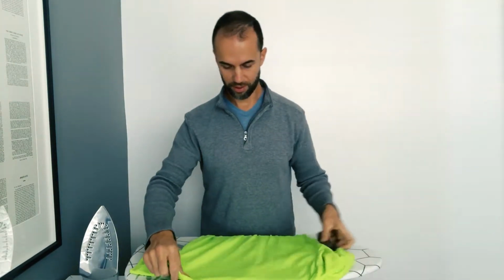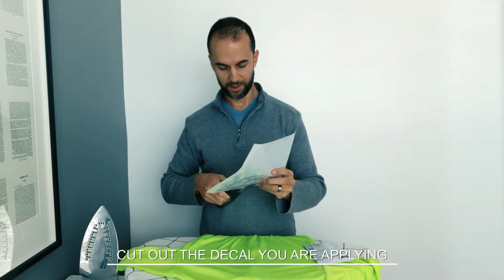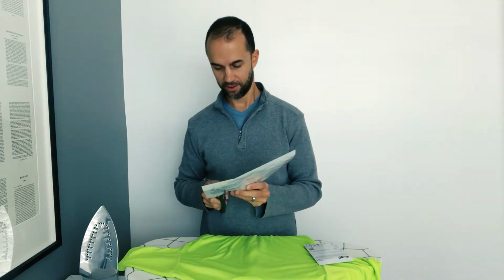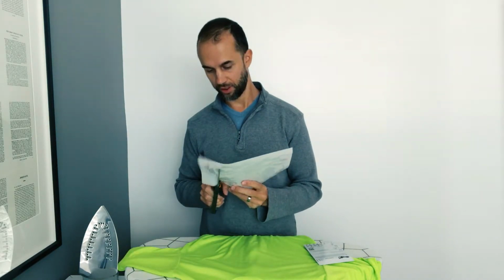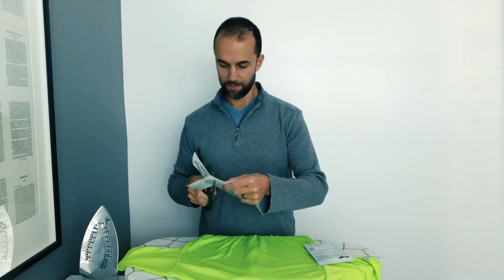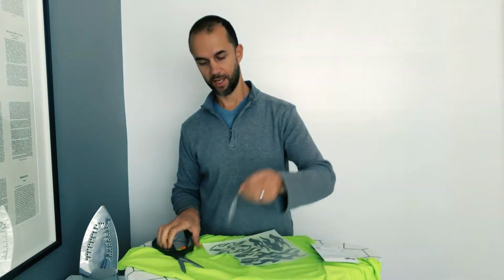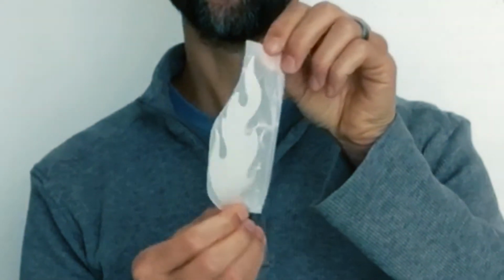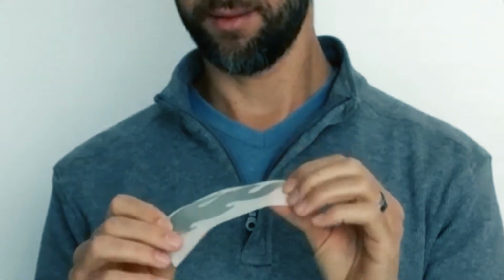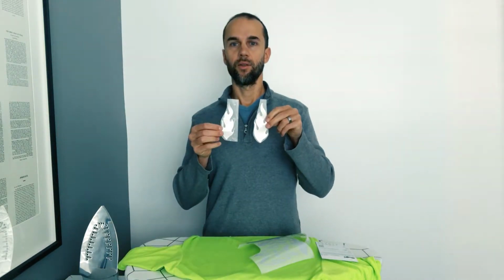So what we want to do, so when you cut them out, they don't have to be exact. Just cut it so that the only thing that you're holding at the end is the flame that you want, or the piece that you want. So cut it out like this. And then remember the side that you want to iron down. We have the 2 right here,